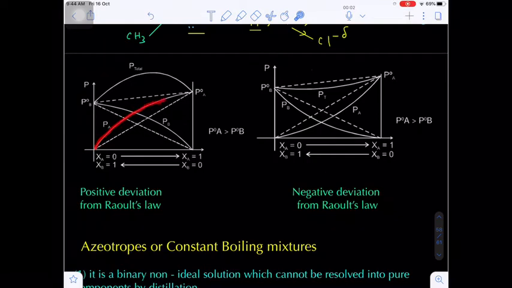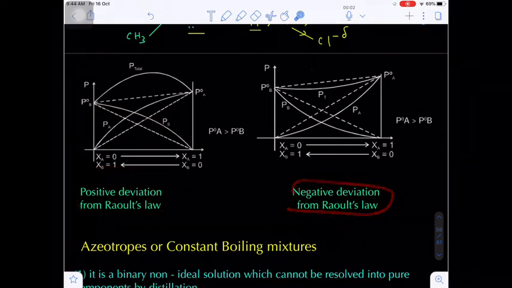Even if you compare with the pure liquids, pure liquid A has more pure liquid A in the solution. If you see, Pa will be greater than P naught A XA. And here also this will be the Pb, that will be equal to P naught B XB, calculated from Raoult's law. But experimentally it was observed that the Pb value is greater than that calculated from Raoult's law. So that's why it is known as a positive deviation.